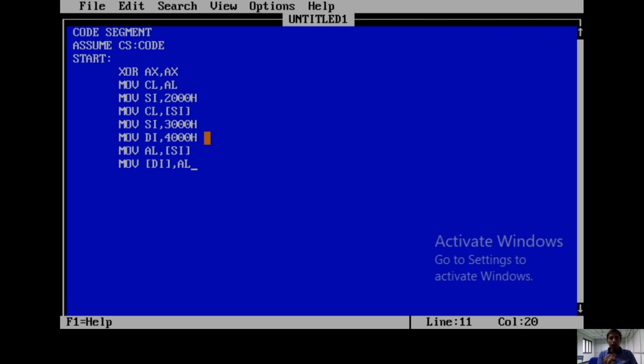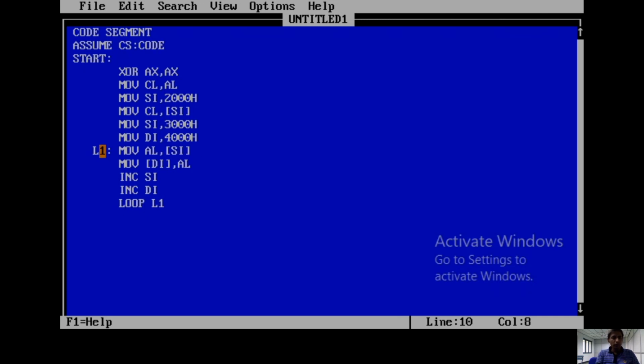How many bytes do I need to move, until the selected count? For example, the count is n. I should repeat the same operation for n number of locations. For that, increment SI. Then SI is 3001. Then increment DI. Then DI is 4001. Then I need to repeat the same operation. For that I am using one instruction called LOOP L1. L1 is a label where I need to indicate this label. A label is nothing but a tag. If you execute this instruction, it will go to where L1 is. Here I am writing L1.